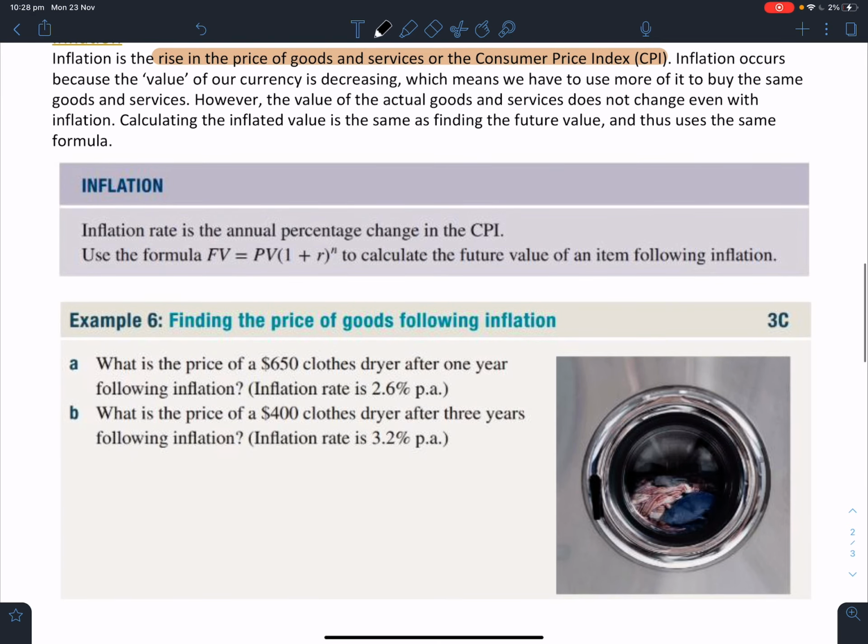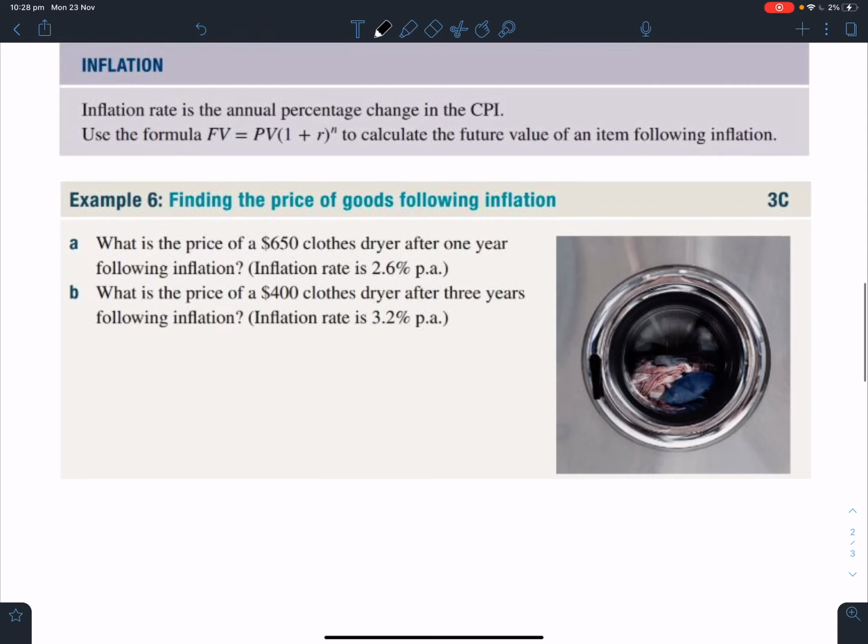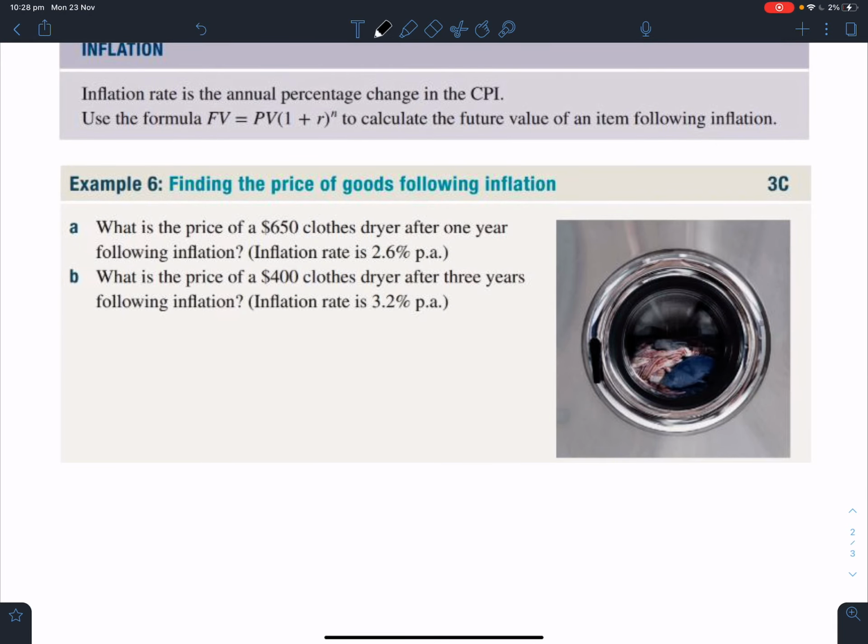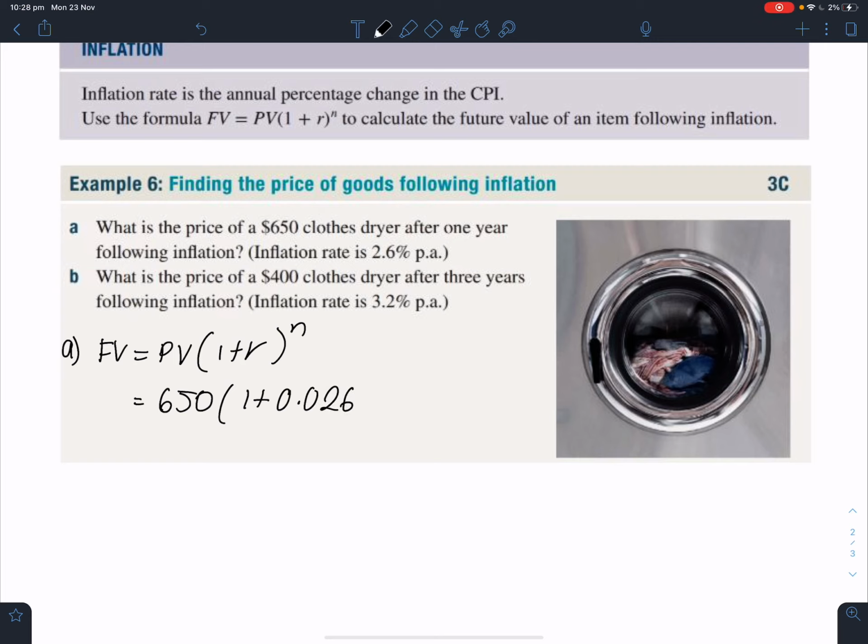Okay. Having a look at this example. It says, what is the price of a $650 clothes dryer after 1 year following inflation if the inflation rate is 2.6% per annum? So starting with the future value formula, present value 1 plus r to the power of n. Present value is 650. 1 plus r is 0.026, and it's 1 year, so to the power of 1. So we put that in, and we will get